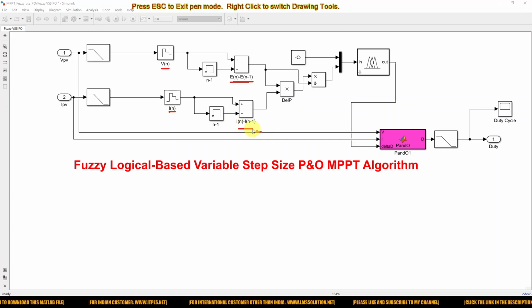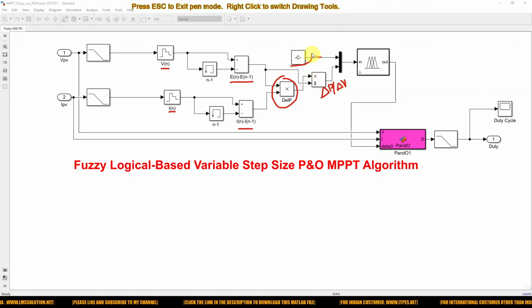Here we are measuring I of k minus I of k minus 1. And then finally you have to calculate del P, right? So this del P, when we divide with the del V, this is nothing but del P divided by del V,